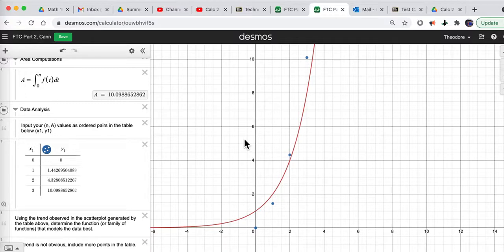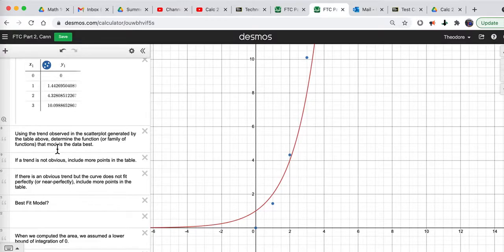I was pasting in my y1 values, but my x1 values were auto-populating. Desmos recognizes trends. So if you're going by half units or quarter units, once Desmos recognizes what you're doing, it'll start auto-populating the next value for you. All right. So using the trend observed in the scatter plot generated by the data table, that's the blue points,